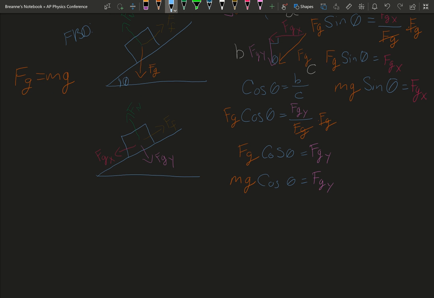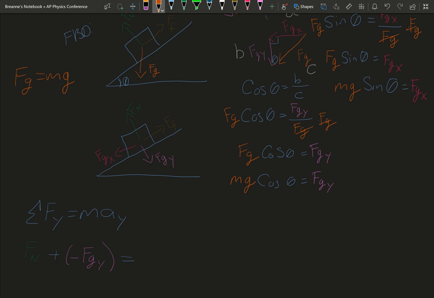So now, let's look at some of the forces in the y direction. So what forces are in the y direction? Hopefully you said force of normal plus a negative force of gravity in the y, which equals,